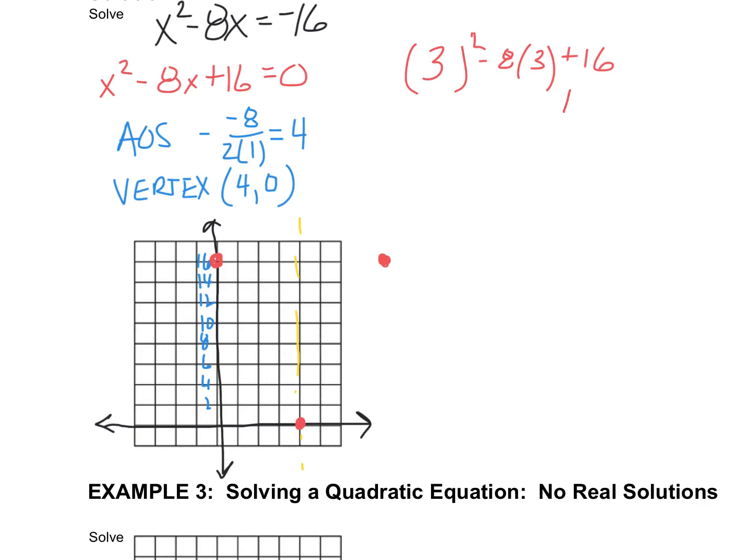So when we plugged in the 3, 1 comes up. So that would be another point. And again, by our symmetry, we would know that when 5 goes in, also 1 would come up. So I would get some sort of a curve